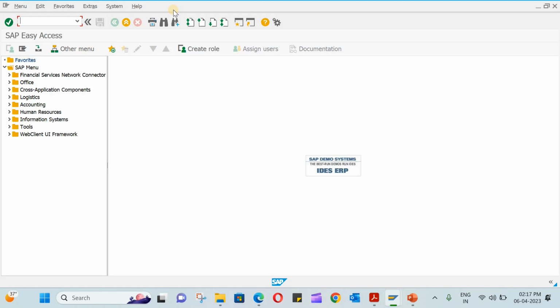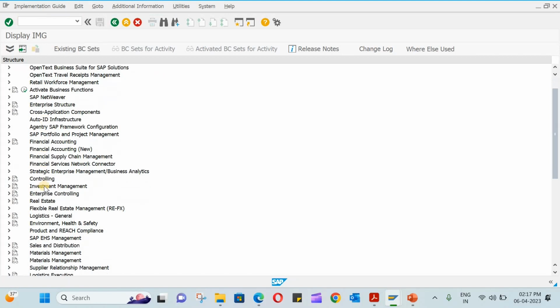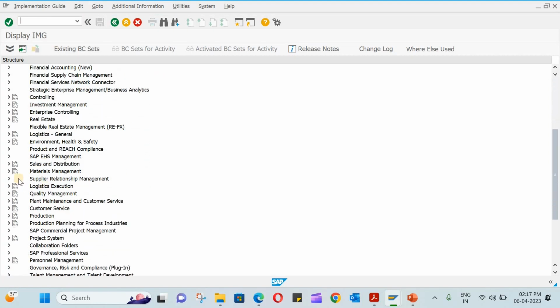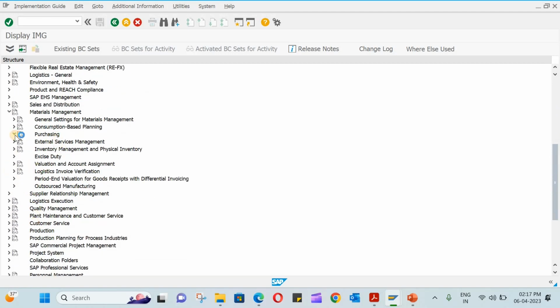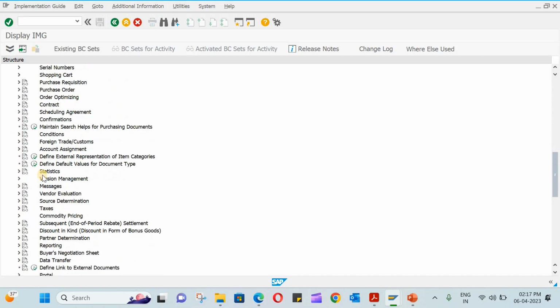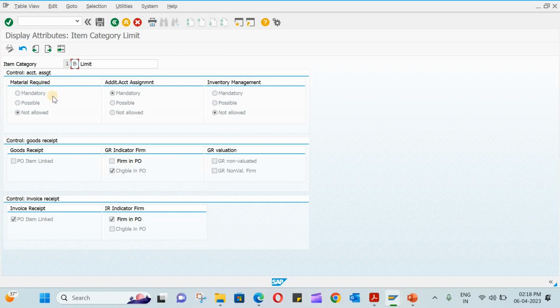Now let us go to SPRO and we'll see what the attributes of blanket PO are. You need to go to Material Management, then go to Purchasing, then there is External Representation of Item Categories. Just click on it and see that the item category is B. Just click on this and see that we are going to use this B for the blanket PO,